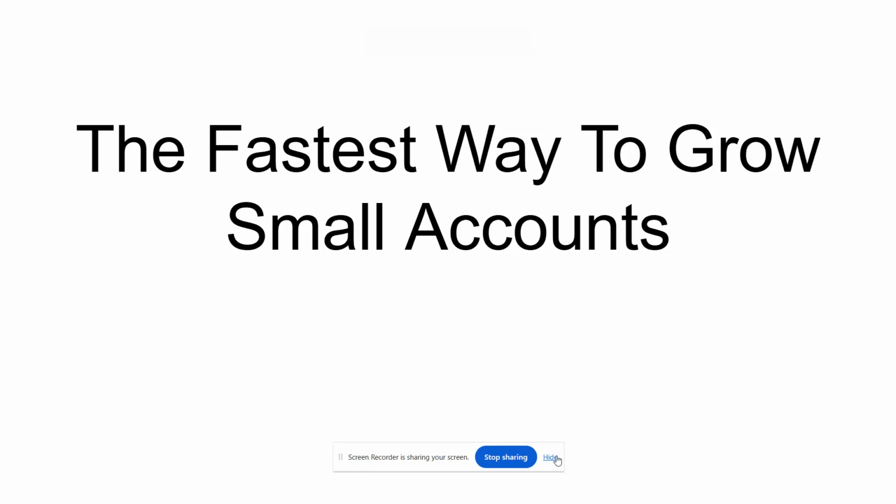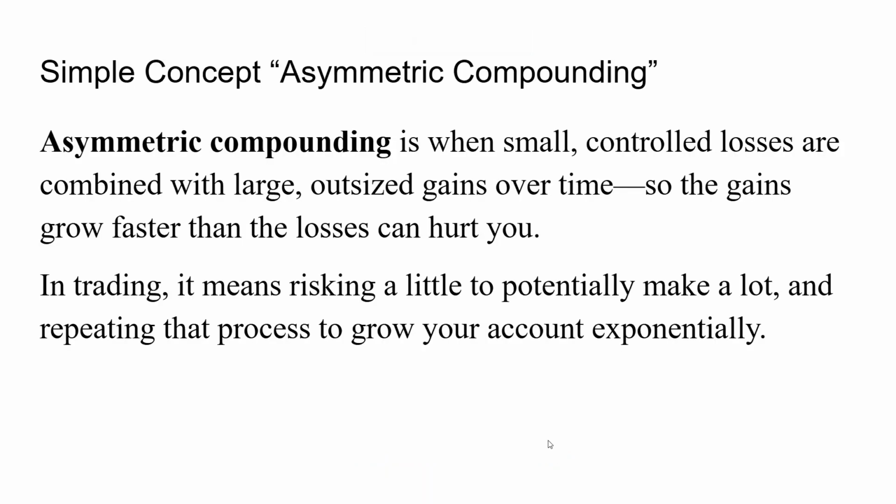Let's not waste time and get right into it. This is a simple concept known as asymmetric compounding. Don't let that long title fool you. It's very simple. All asymmetric compounding is this: small losses, big gains, so that over time your gains grow faster than your losses. Keep the losses small, keep the returns big. That's all it is. You risk a little to make a lot, and you repeat that process to help your account grow